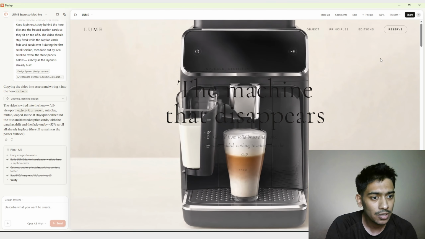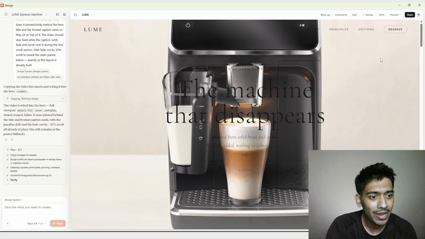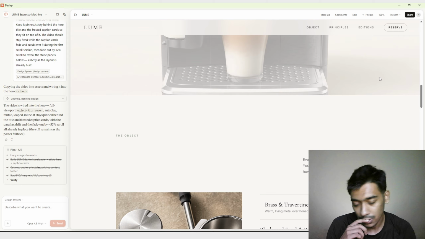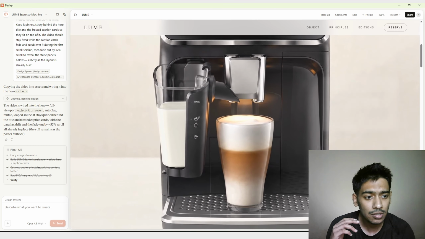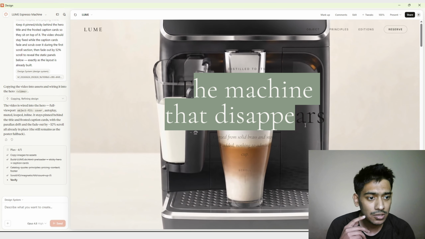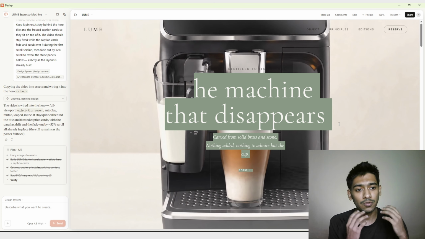So I think it's done, and here you can see here's the video. It's playing in the background and it's looking awesome. Okay, and some of the problems you notice that especially in the hero section, the text overlays, it's not working very well. So let me say to Claude to do something with this text overlays so that it shows perfectly